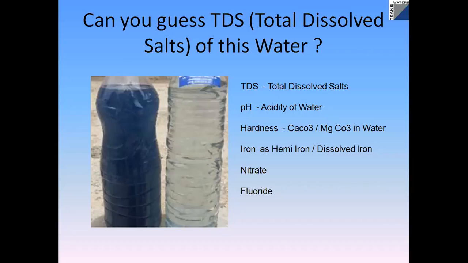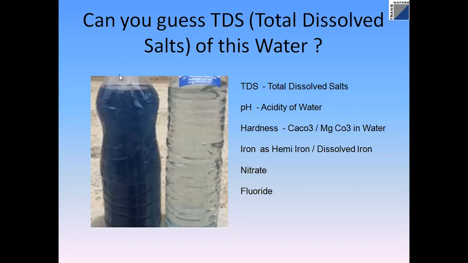In the image on the left-hand side, you can see bluish color water. Can you imagine what the TDS of the water is? The TDS of that water is 480. It is still below the limits of government drinking water standards, but there is other content in the water. The image indicates that TDS is not the only parameter that will tell you the water is good for drinking. There are other parameters which contribute to different kinds of contaminants in the water. So it is very necessary to get the full water tested before concluding that the water is good or not good for drinking.